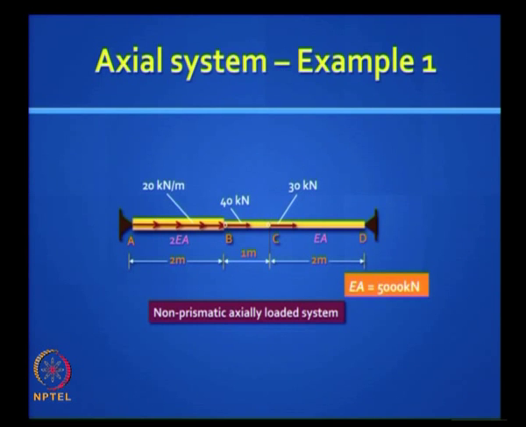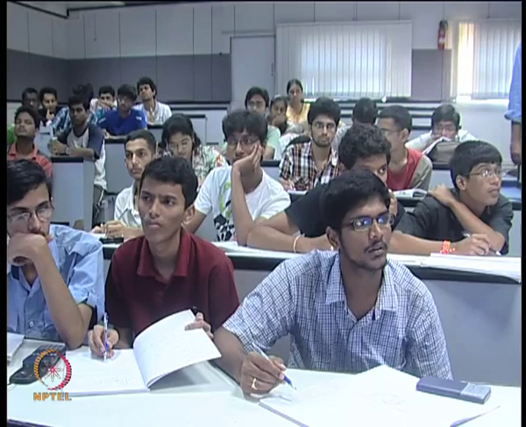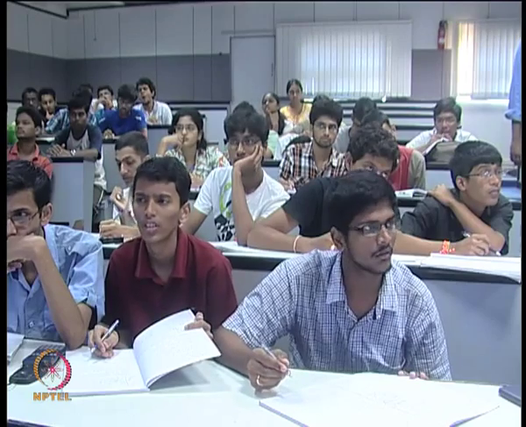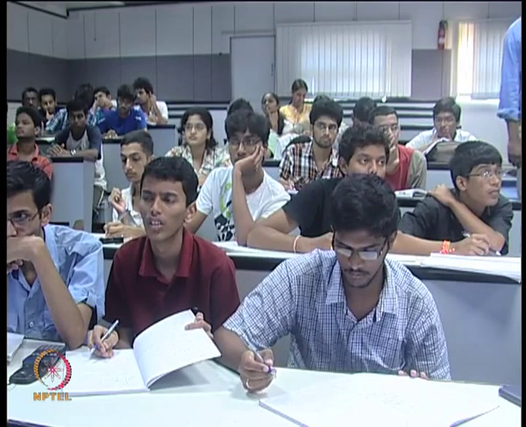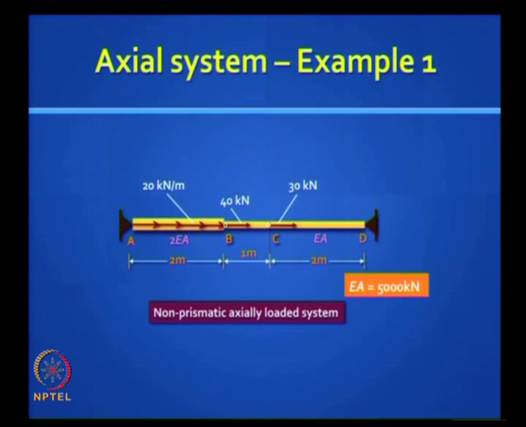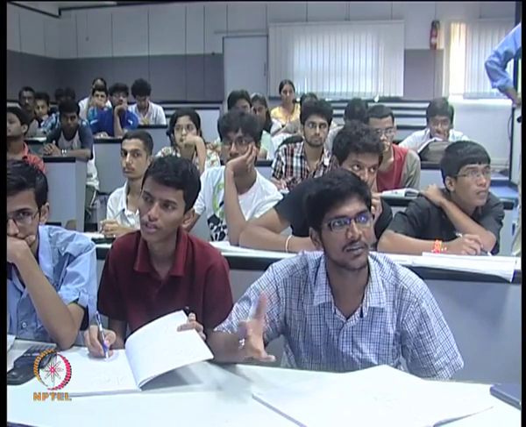Where do you expect there to be tension, in which section? AB will be fully under tension? Not fully, no. What about CD? CD is definitely in compression. What about BC? BC is compression. AB? Half tension, full tension? Well, somewhere there is a transition from tension to compression. Will it exactly be at B? No. Could be, we do not know, because you have a constant load of 40 kilonewton acting at B. So 40 plus 30, 70, so we can't.